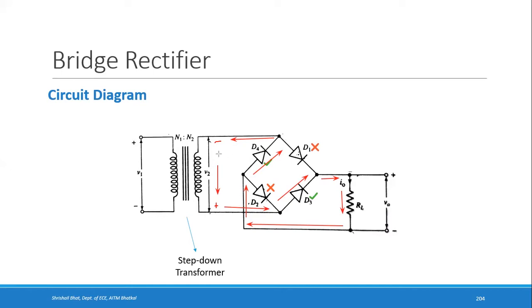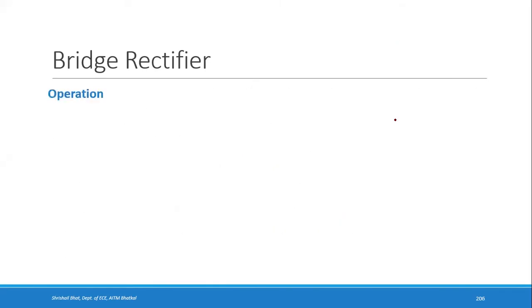So what you can do is the equivalent circuit will actually be the same, except that instead of D1 and D2 being replaced by RF as in the positive half cycle, your D3 and D4 will be replaced by forward resistance RF, right? So there are two forward resistances and one RL, similar to what you have seen in the positive half cycle, right? Two forward resistances, one because of D3, here there is an RF, then again RL, and here again there is an RF, right? So the current goes through the same amount of resistance even in the negative half cycle. So even in the negative half cycle, it conducts the same current.